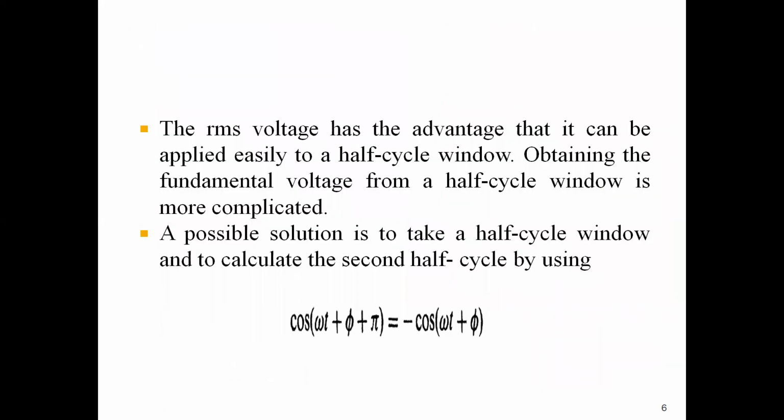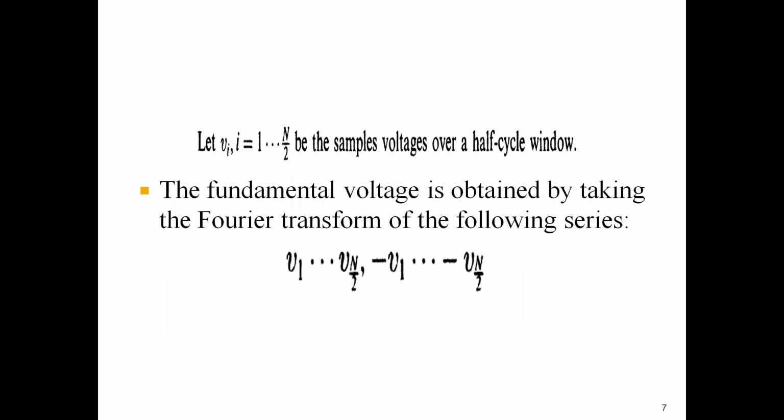The RMS voltage has the advantage that it can be applied easily to a half cycle window. Obtaining the fundamental voltage from a half cycle window is more complicated. A possible solution is to take the half cycle window and calculate the second half cycle. This is the most possible window method: taking the half cycle and then calculating the remaining half cycle. For that, we know cos of omega t plus phi, because it's obviously the half cycle, where